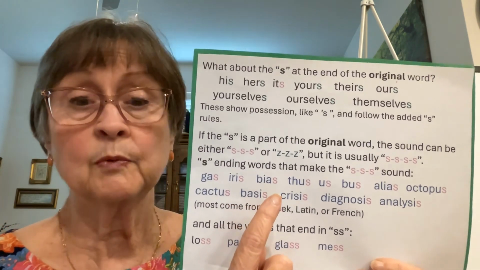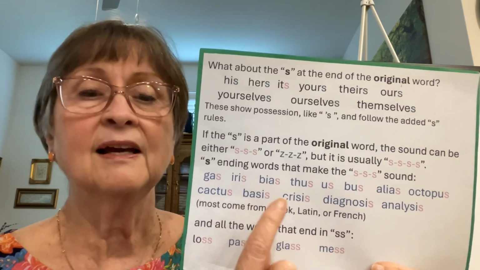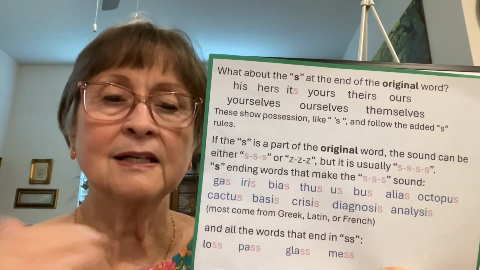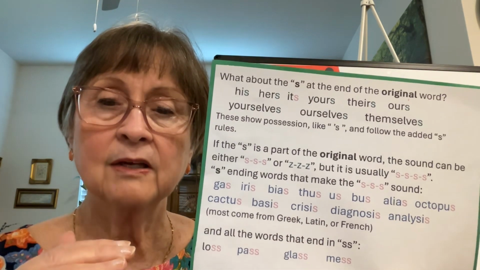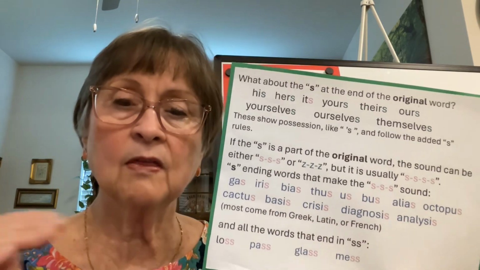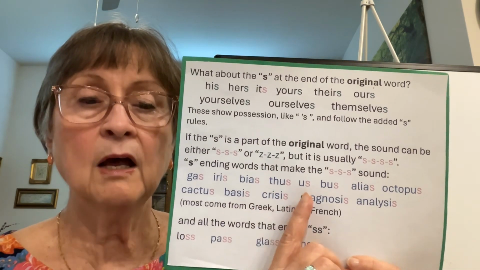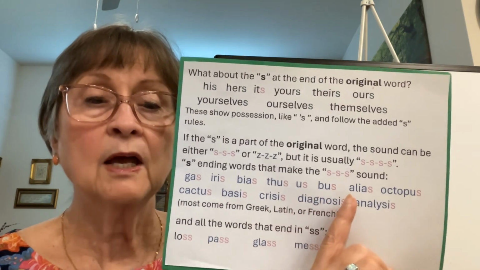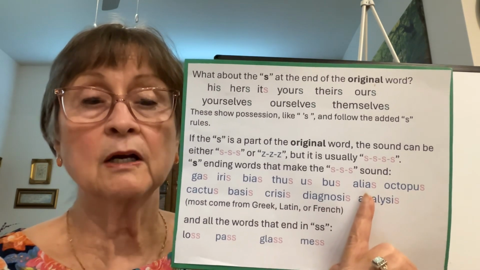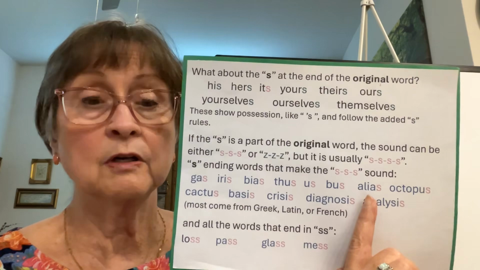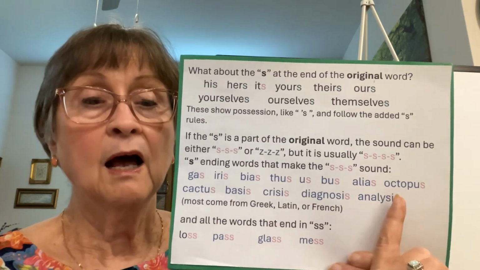Bias, it means you make up your mind ahead of time and you're not listening. Thus, it's this way. Thus, it's this way. This way, therefore, that way. So it's like therefore, thus, us, bus, alias, that's another name that you use that's not your real name, alias,